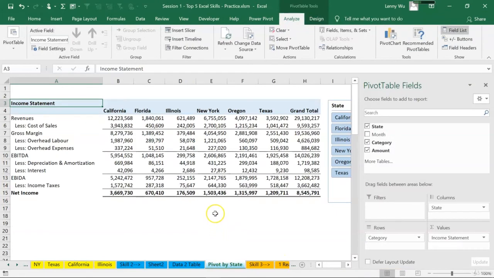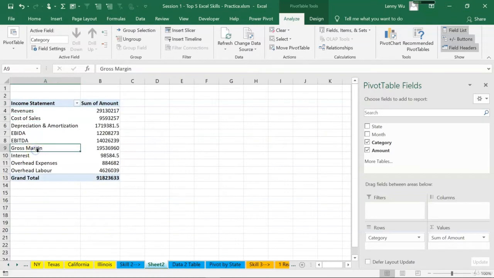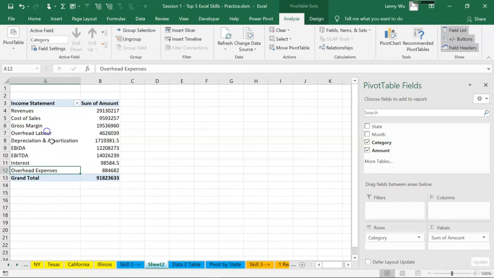our pivot table. Third line is gross margin and then overhead, labor or expenses, and then EBITDA. So let's move gross margin, click, and then move to the top. And then we have overhead labor, below gross margin, overhead expense, below